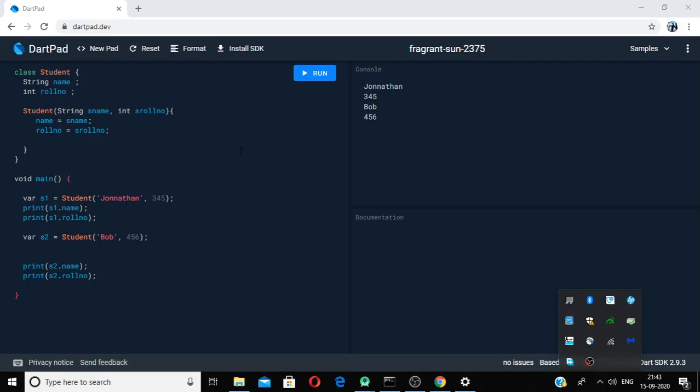Hello friends. In this video, we are going to discuss something following on from the last video, where we saw that we can instantiate or give the name and values of an object whenever we are making an object of a class. Now there are certain situations where there are more arguments than two, three, or four. There are a number of arguments we will encounter in Android Studio when we are programming.